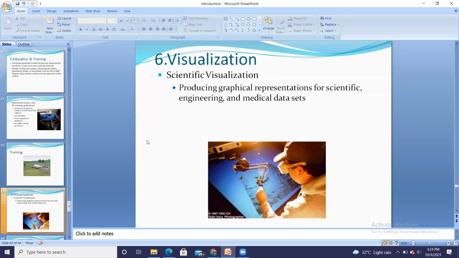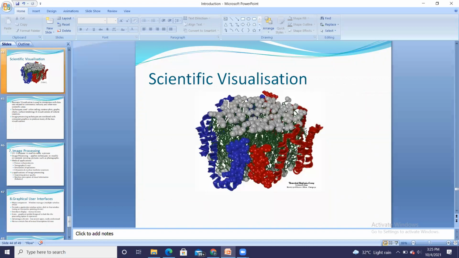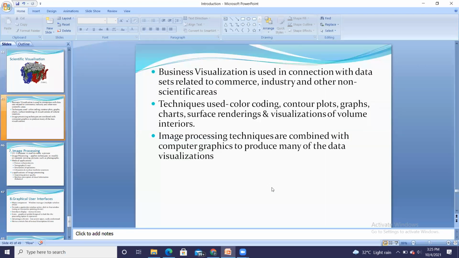It will visualize the movement of those planets, and it will find out the final position of those planets. It will produce the graphical representation for scientific, engineering, and medical data sets. So this is about scientific visualization of data, which has different characteristics. It is suitable for business visualization as well.